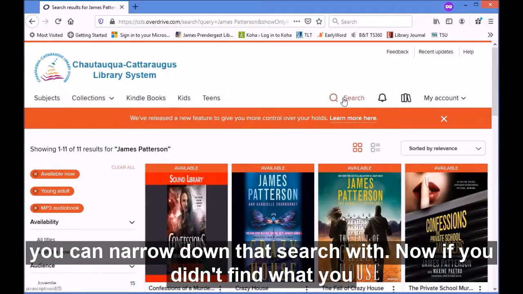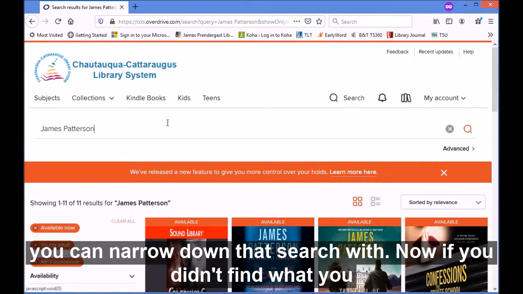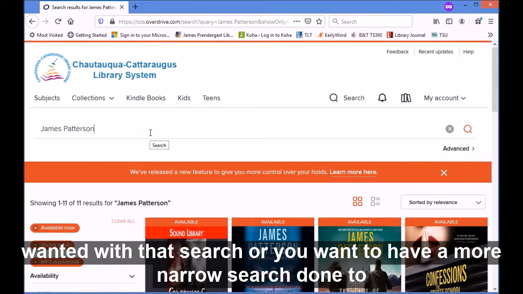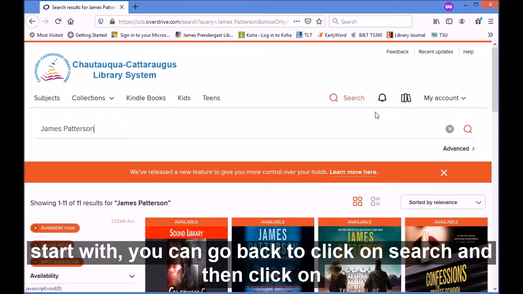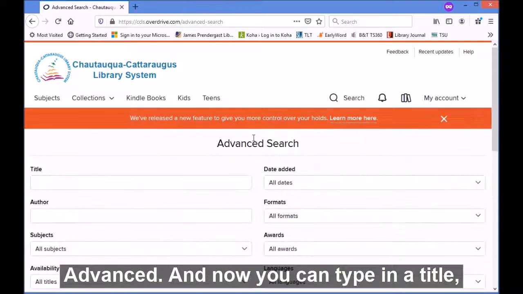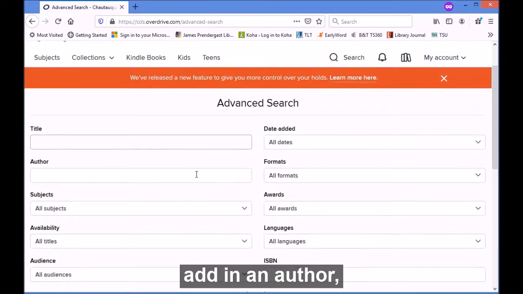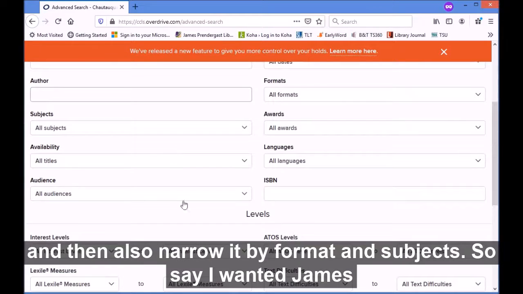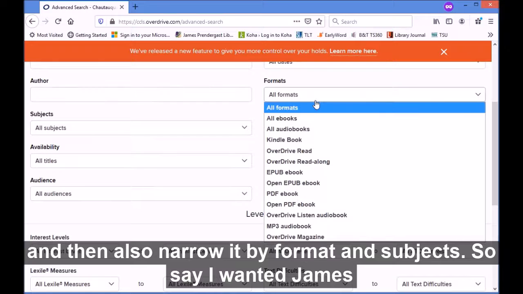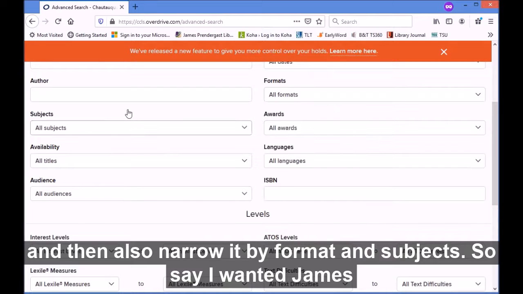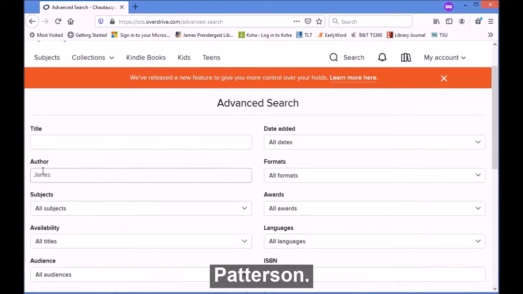Now, if you didn't find what you wanted with that search, or you want to have a more narrow search done to start with, you can go back to click on search and then click on advanced. And now you can type in a title, add in an author, and then also narrow it by formats and subjects. So say I wanted James Patterson,